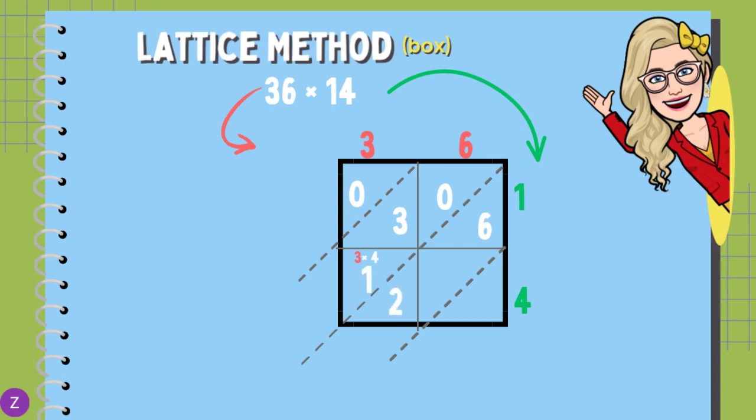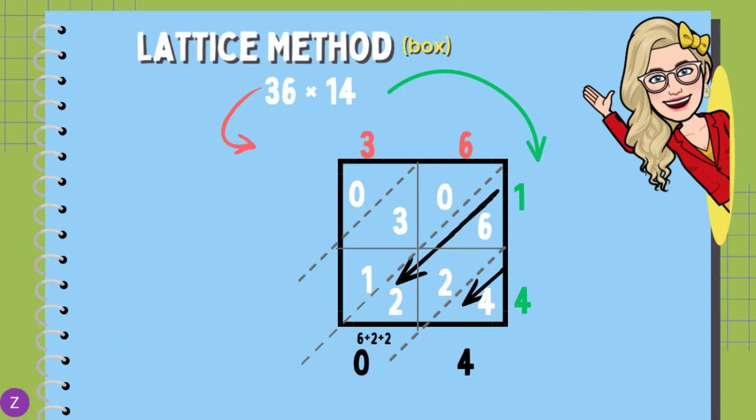Then we now move over to the 6. The 6 at the top is connected with the 4 at the bottom, which is 6 times 4. That gives you 24. We have now calculated all the numbers. We must now go and add. We now add vertically as the arrows are showing the numbers that you can see there. So the first number is only 4. The second vertical line going down is 6 plus 2 plus 2.